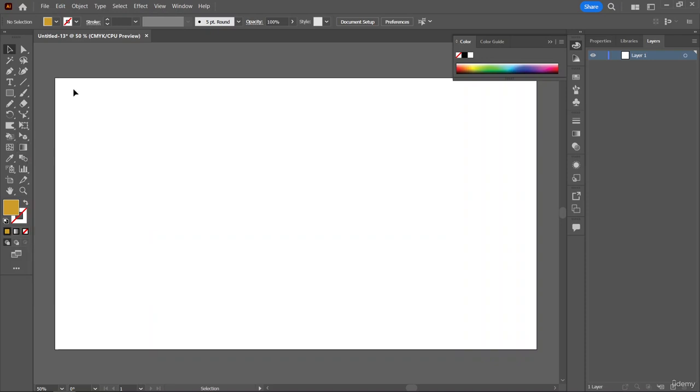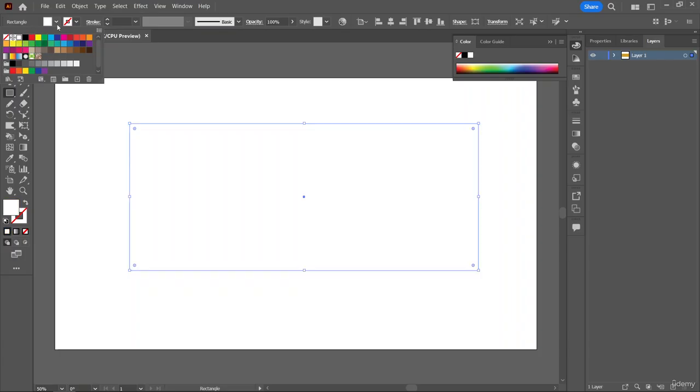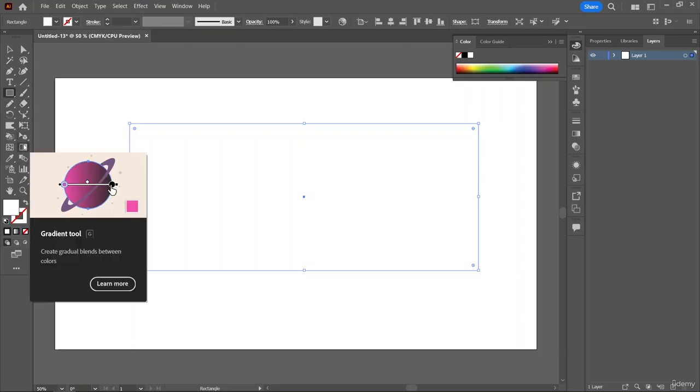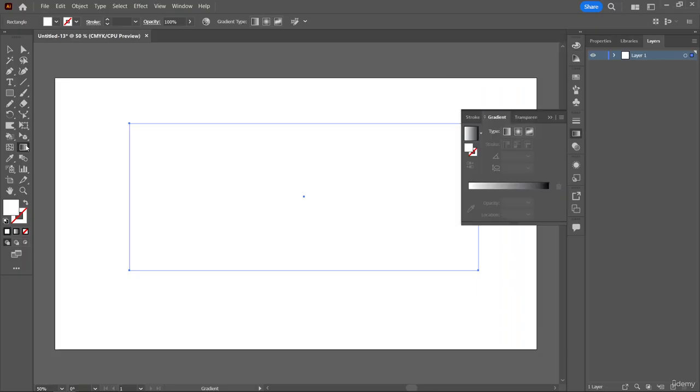Firstly, in order to use the gradient tool, we need to create a shape so that we can put colors in it. Alright, now you can see I have created a shape. For now, let's just say I want to create this as a white colored rectangle. And after that, I can either select on the gradient tool over here to find our gradients option,